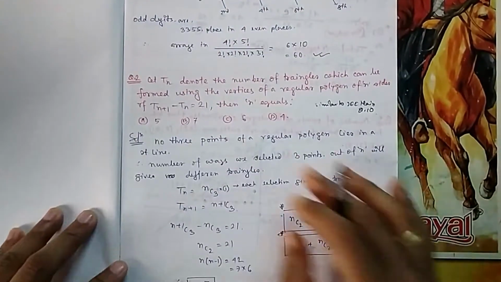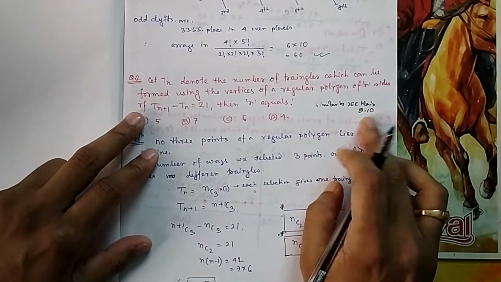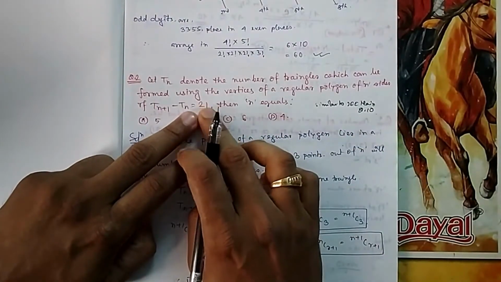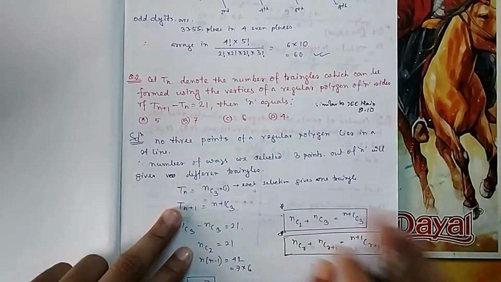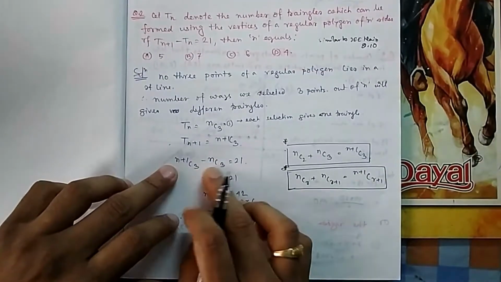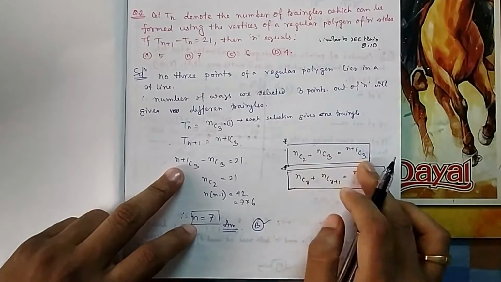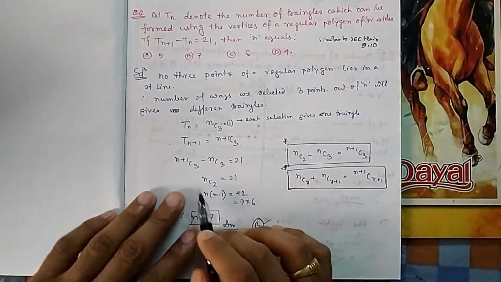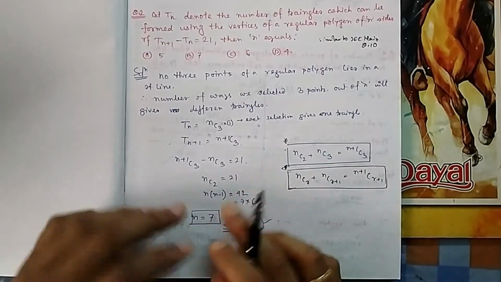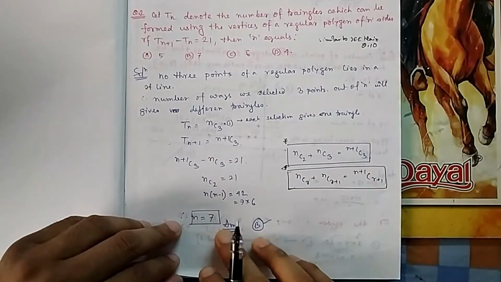Now if you come to question number 2, it is the same as your JEE Main question number 10, where it was 10 I guess, here it is 21. In that question I used shortcuts, but you can use this formula also. I have explained this formula, so here I have used this formula. Whatever you do, here the answer will be 7.